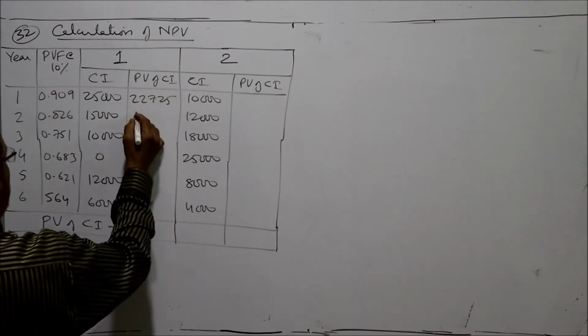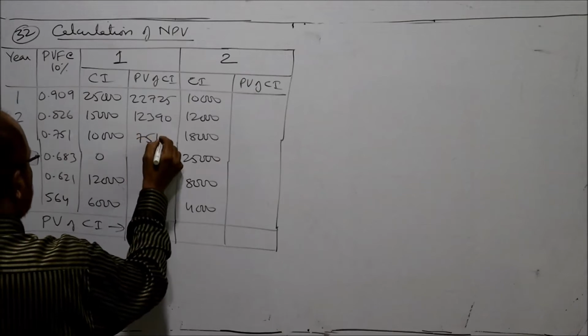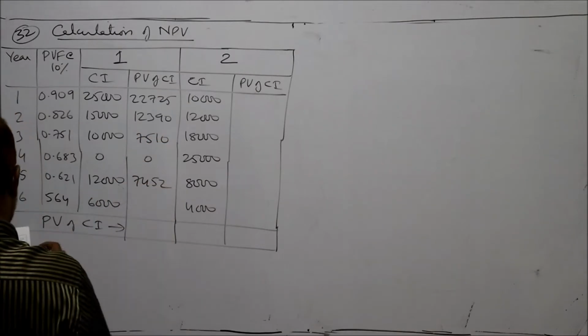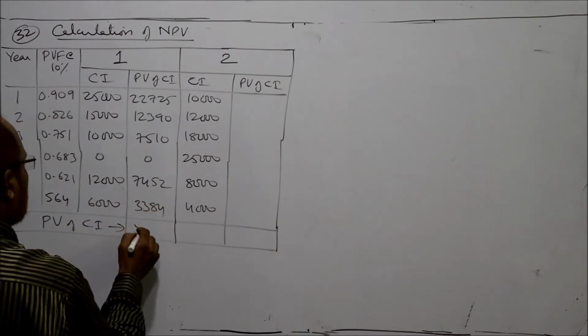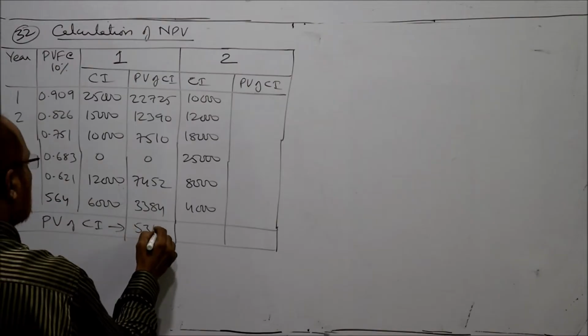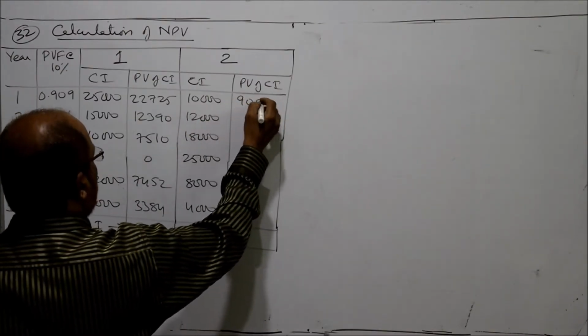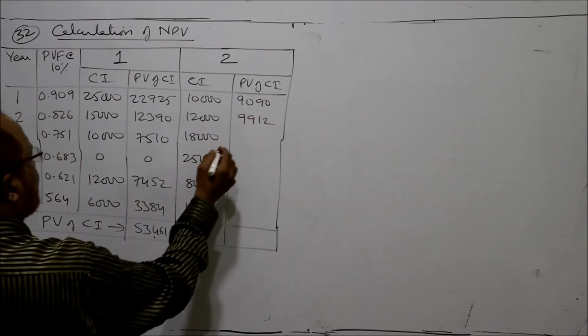22,725, 12,390, 7,510, then 0, 7,452, 3,384, total 53,461. Similarly, 9,090, 9,912,